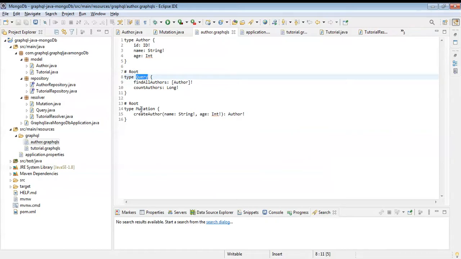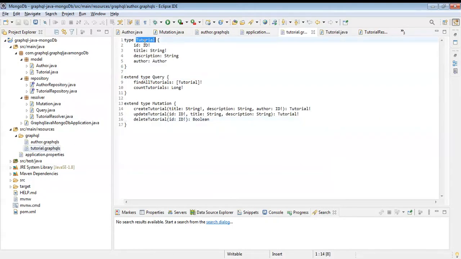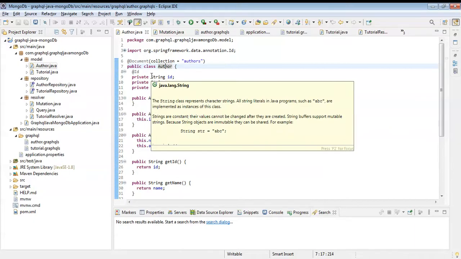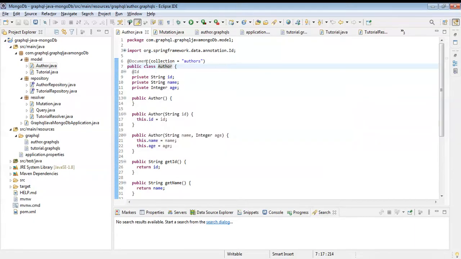Now, how does this schema map to our code? As you can see, there are two types, author and tutorial. These two types are modeled by our entity classes in Java, an author class and a tutorial class. As we want to map these classes to MongoDB, we are mapping them to documents in MongoDB.